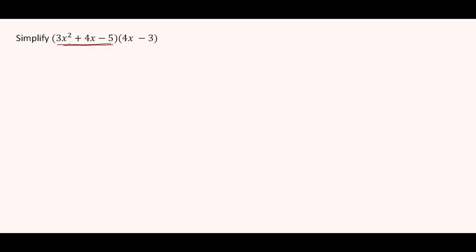So with this example, I'm going to use the trinomial as the constant term just so I can show you a different approach. So now we have 3x squared multiplied by 4x minus 3 plus 4x, we multiply that by 4x minus 3, minus 5, we multiply by 4x minus 3. I'm trying to show you this so that you can see that it doesn't matter how you go about it. If you just follow the rule of the distributive property, it should be fine regardless of how you approach it. So this is going to give you 3x squared multiplied by 4x is going to give us